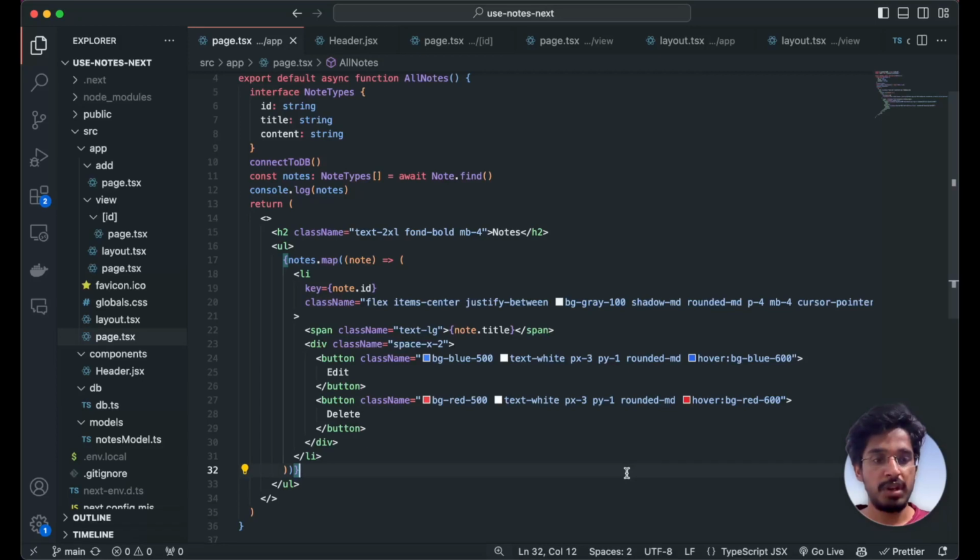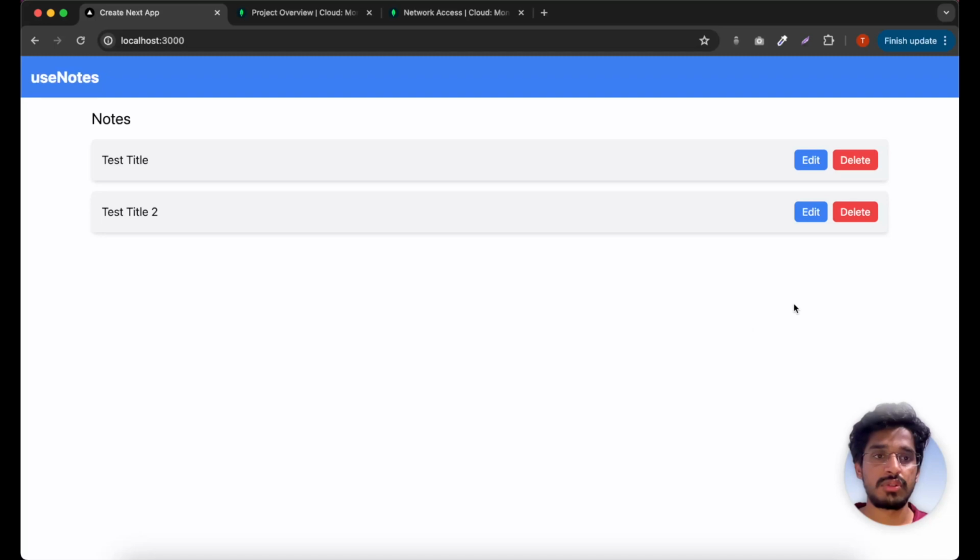So hey everyone, in this video we are gonna get started with our edit and delete buttons for our notes. Okay, so in the last video we had just created these two buttons and these buttons do nothing, apart from just viewing them on the page. All right, so we have these two buttons over here to edit and delete. So when I click on this edit, nothing happens since we haven't controlled where this button has to